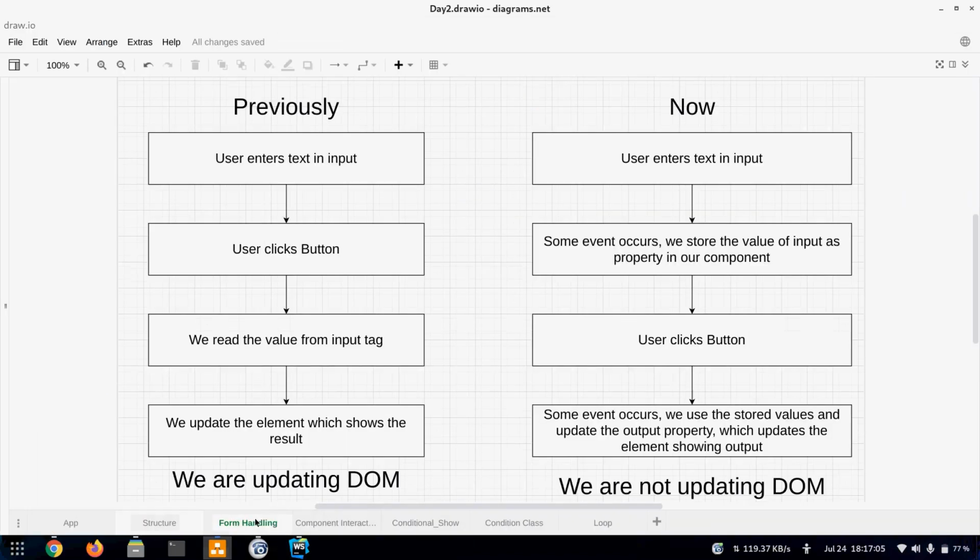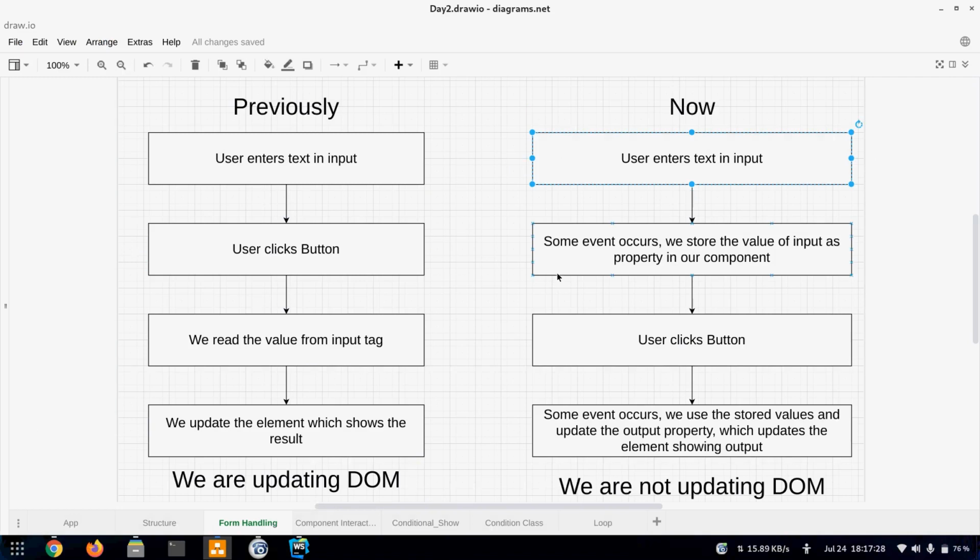Okay, then we saw how we'll handle form now using Angular, because it follows a different approach than what we previously did. Previously, user enters the text, then whenever they click on a button, at that time we read the value from the input tag and we update the DOM ourselves.